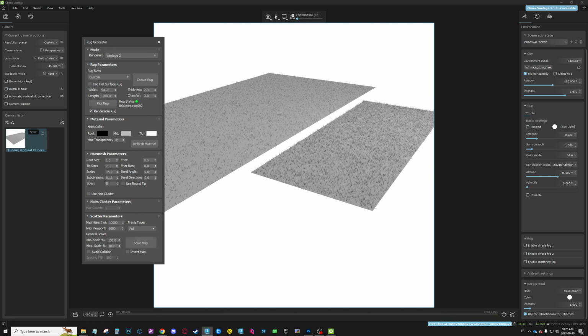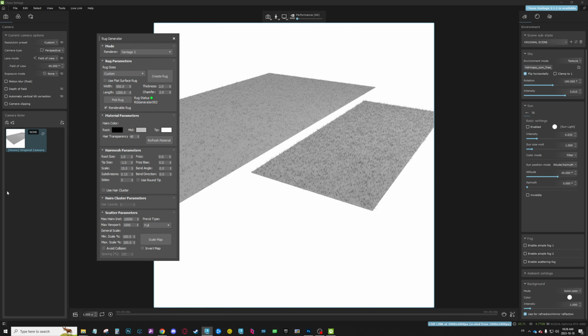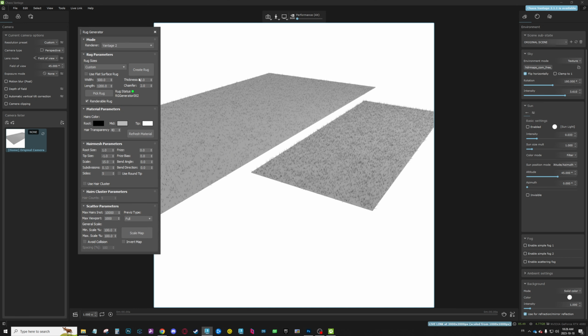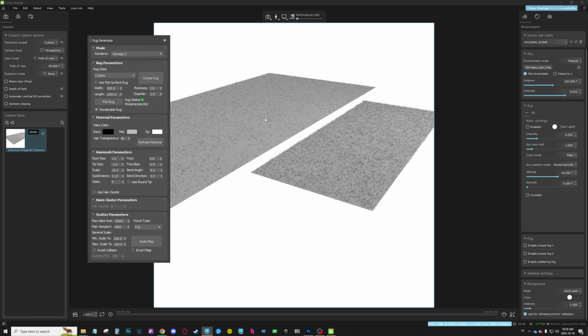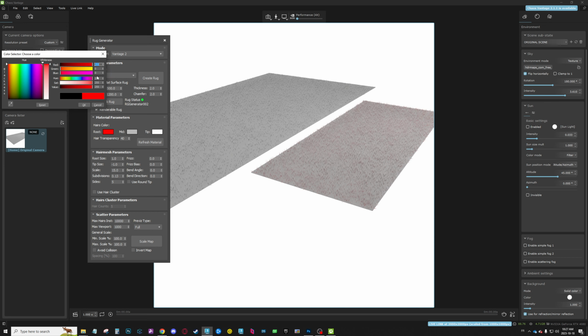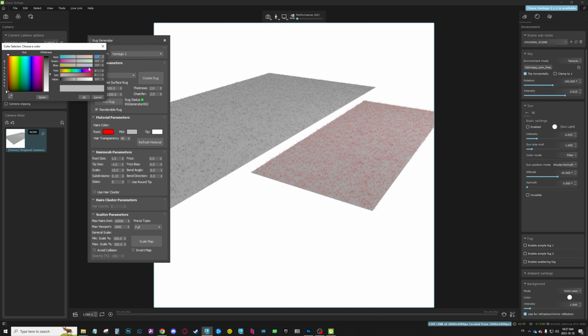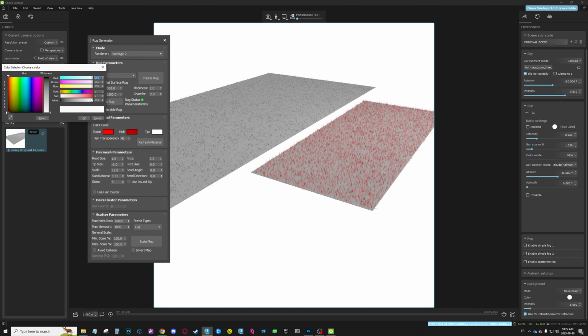By the way, the tool is disappearing every time I click in the viewport of Chaos like this, so I'm just bringing it back. But I'm never closing it right now. Okay, so right now I'm using my rug generator 2, which is the new rug that I just created. And if I go ahead and add red color so you guys can see the difference better,